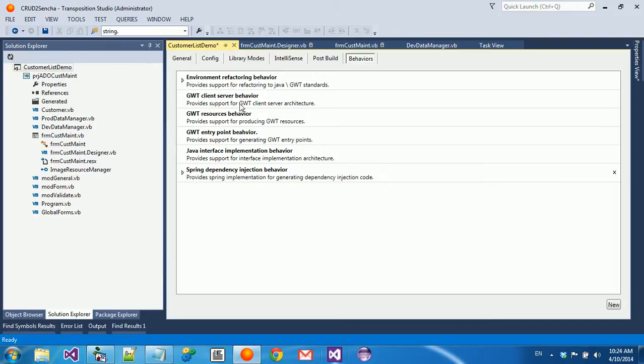But specifically, I want to focus you on three behaviors. One is the GWT client-server behavior, meaning that we are going to break this application into layers. One layer will be on the server, and we're going to create a servlet, and the other layer is going to be the client application, which is going to be using GWT and Sencha. Another behavior that's worth noticing here is the GWT resources behavior, because while the resources,